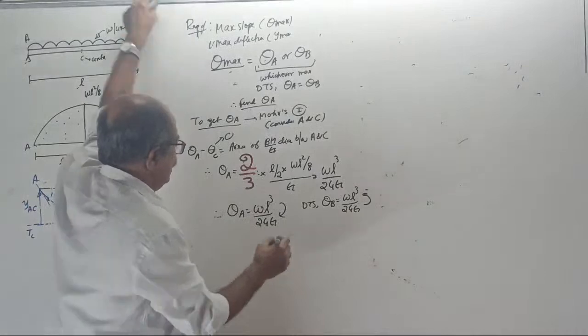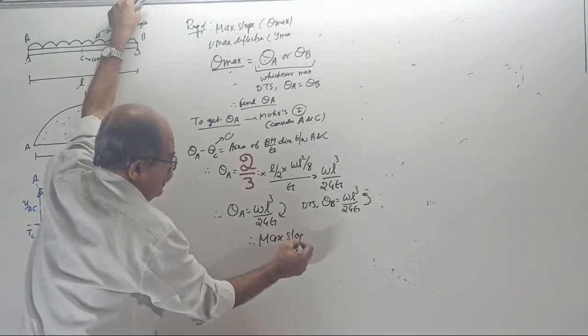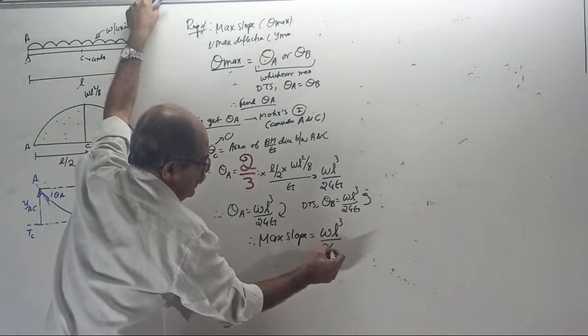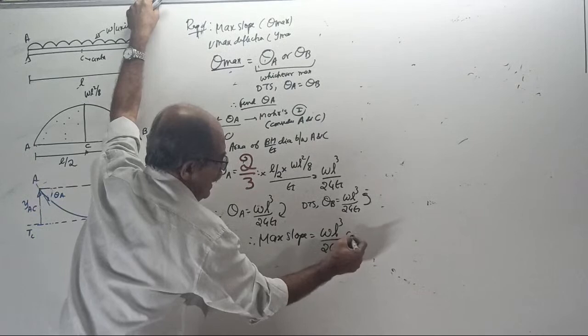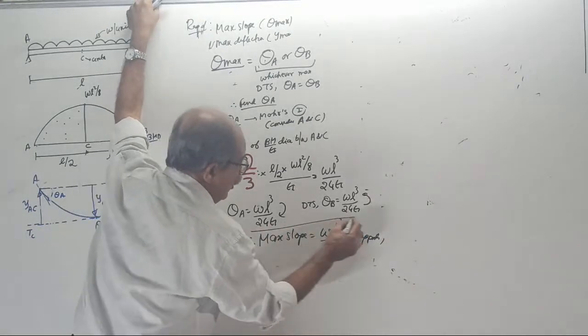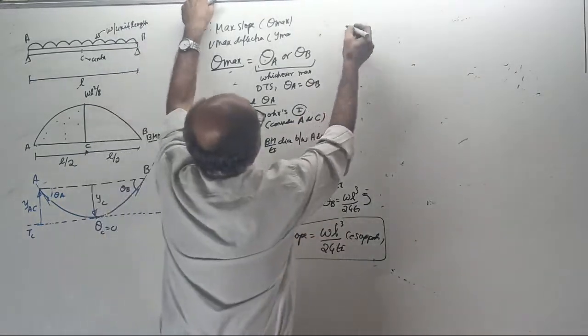Therefore, maximum slope for the beam equals WL cube by 24 EI, at the supports. This is an important question for objective questions. Now, next, to get